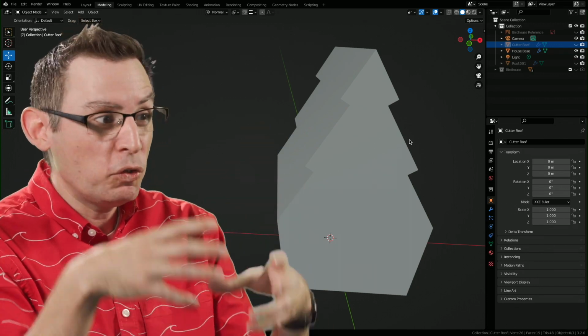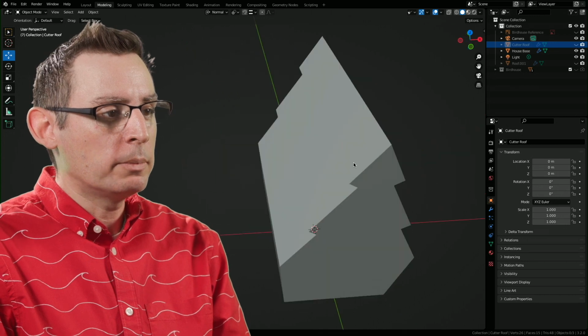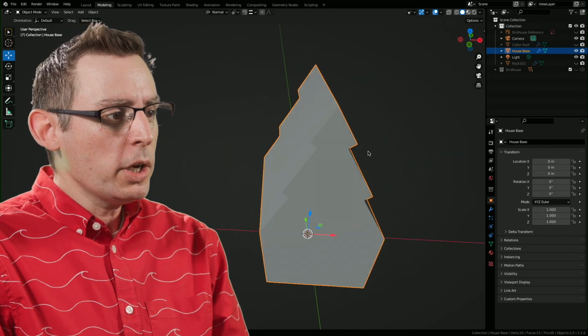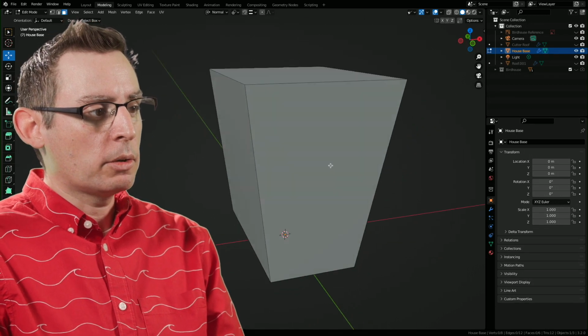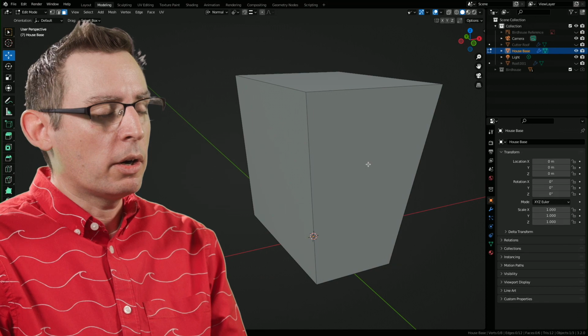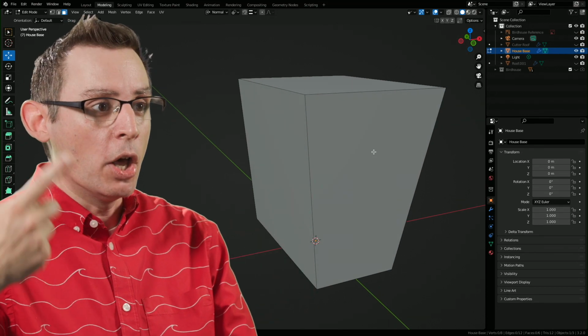Okay, two more things that we need to do, because we need to create both the opening for the walls of the house, if you will, and then that spherical opening for the bird to go into. Well, let's do the easy one first. Actually, they're both real easy. We're going to use the duplicate of the house base that's unbooleaned to create the walls of our object with another Boolean.